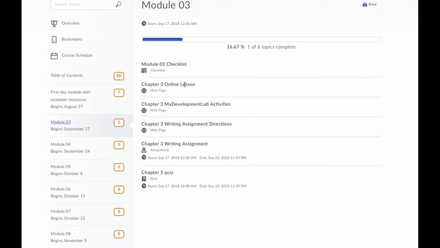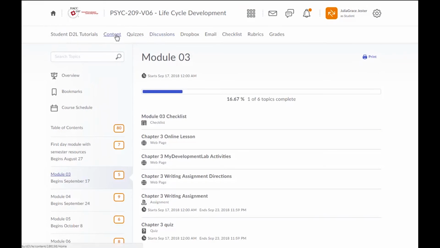lessons, which are generally video recordings, but occasionally written lessons. There's the activities within the module, and then there's instructions on the assignment, where to submit the assignment, and the quiz. Once you've gone through everything in this module, including anything that would be on this checklist or on an introduction page, then you're done this module. I do recommend doing things relatively in the order that they are on here, and make sure that you do your readings before you take the quiz, because it's very important that you know where to find things when you're taking the quizzes. You'll learn more about that in another video.